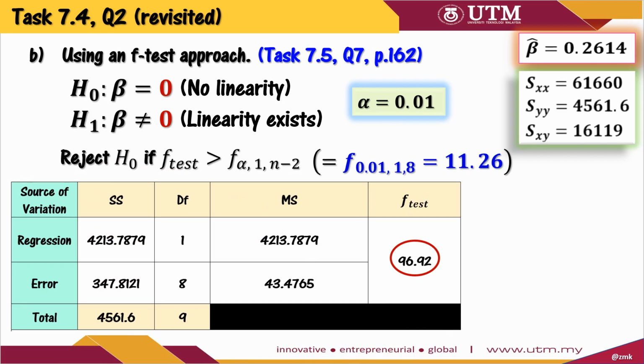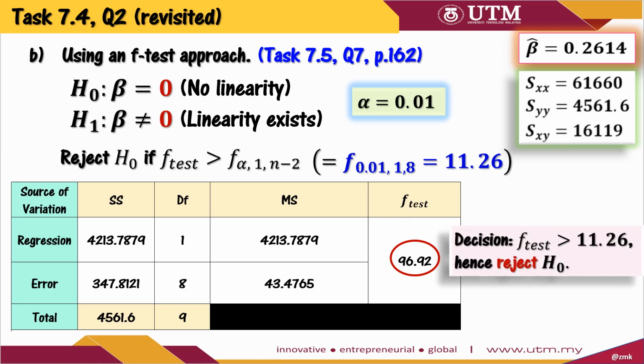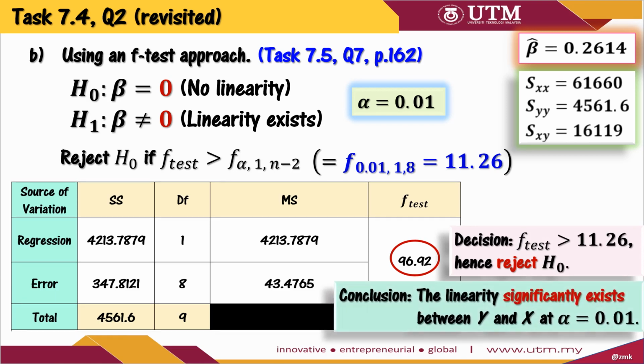In fact, if you do not round off any value from the beginning of the calculation, you should notice that this F-test value is exactly the same as the square of the t-test value obtained when using the t-test approach. Back to the F-test value, you can see clearly that it is far greater than the critical value. Therefore, you can reject H0 and conclude that the linearity between the number of defective components produced by a machine